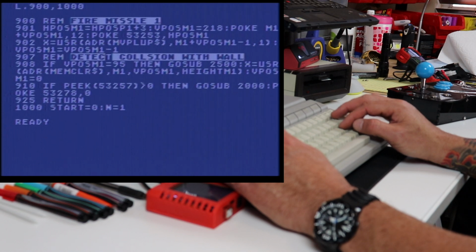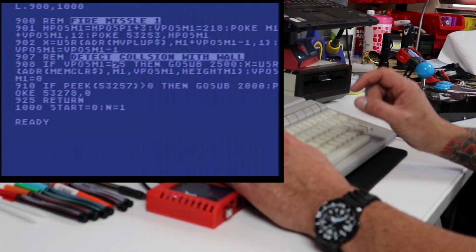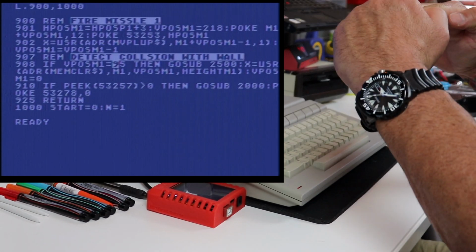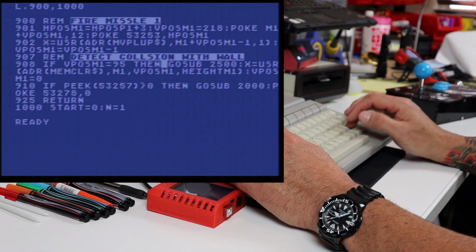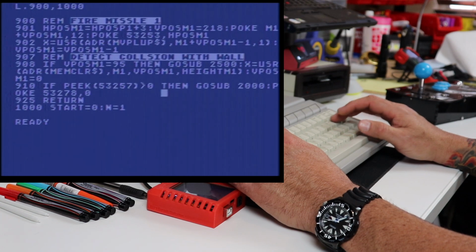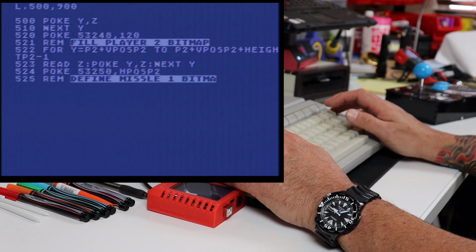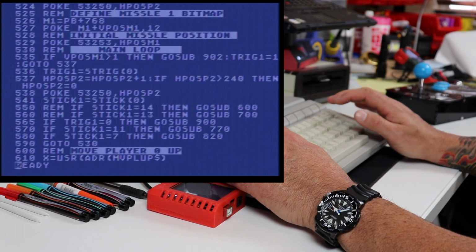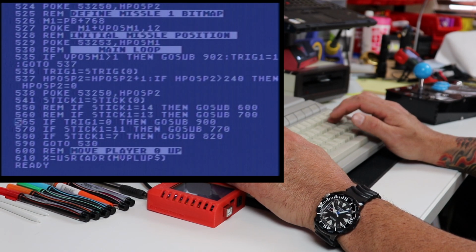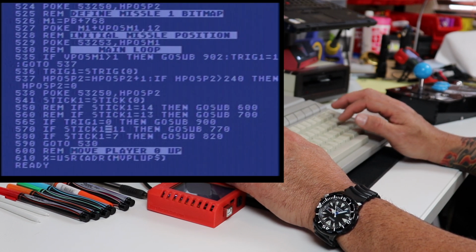And then, obviously, right after we move it, we want to detect if we've collided with the wall. This is what we've talked about: if the position of missile 1 is 95, which is the bottom of our wall, the orange wall at the top, then we're going to blow a hole in it, make that sound, and then return back, and all is good. So let's go back up to our main loop. Again, we're dissecting the main loop and seeing what's happening. Now that we've taken care of the trigger being pressed, let's go down here